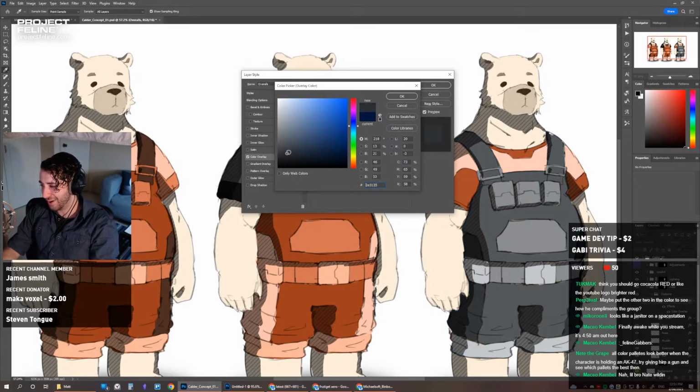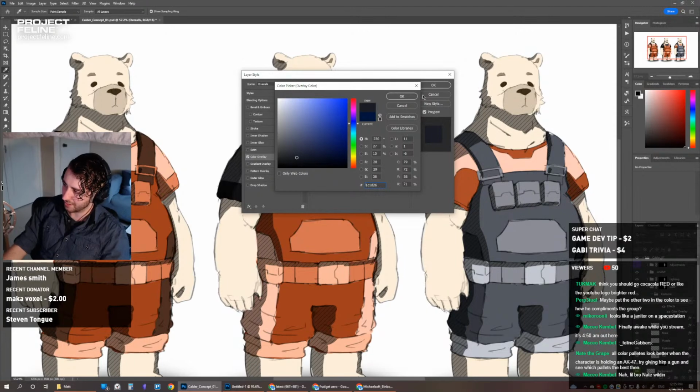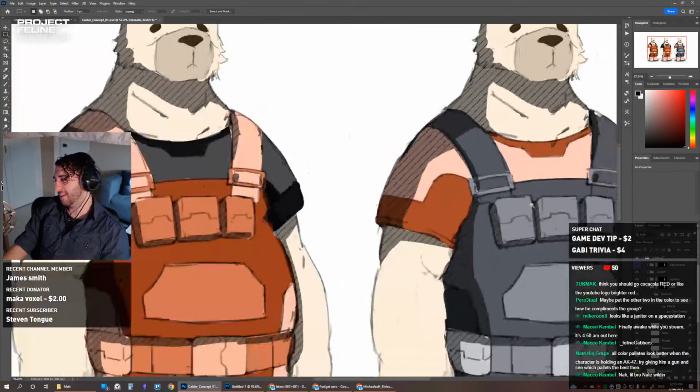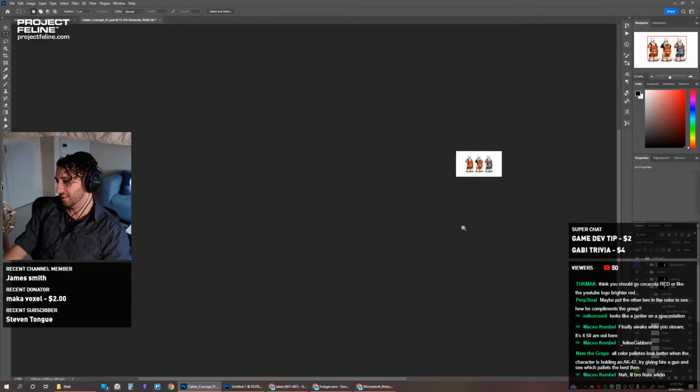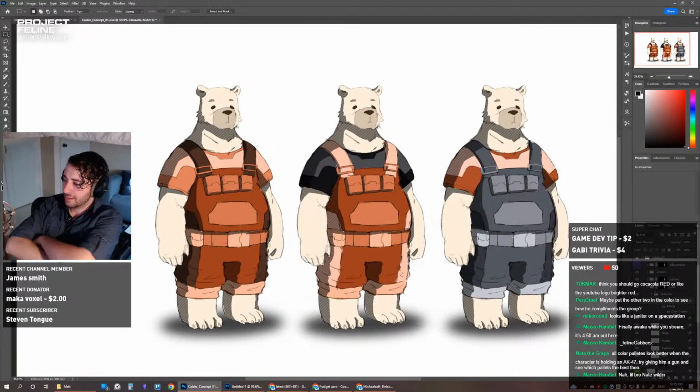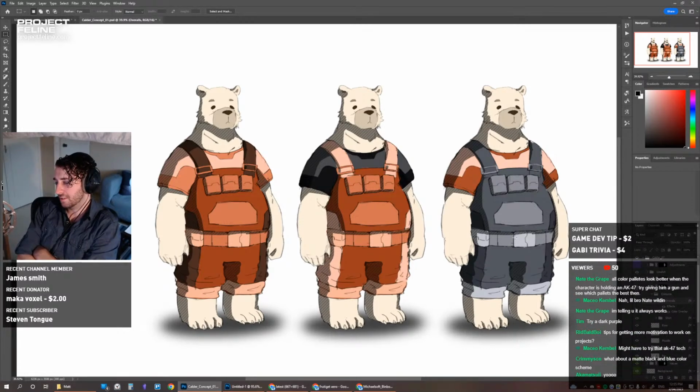We'll do the blue gray. But I'll make it a little purpler. And we'll bring the saturation down a little so it's more of a gray. I'm not too big on the gray myself, but it's worth trying. Which one of these do I like? I don't know, they all kind of have issues, I think.